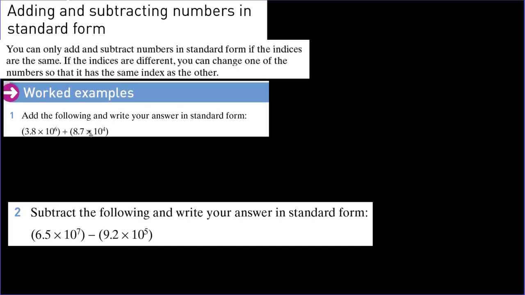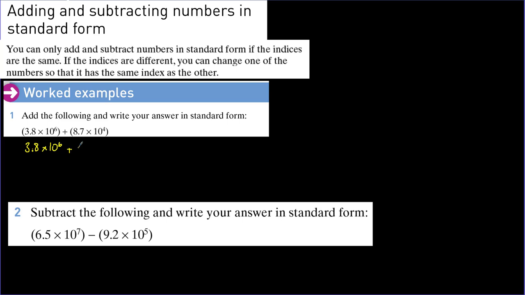I'm going to use bigger powers. Then I'm going to add the numbers, which means that if this is 3.8 times 10 to the power of 6, then this is going to be 10 to the power of 4. I need to make this one 10 to the power of 6. When I make this one 10 to the power of 6, this decimal moves 2 units to the left, which means that